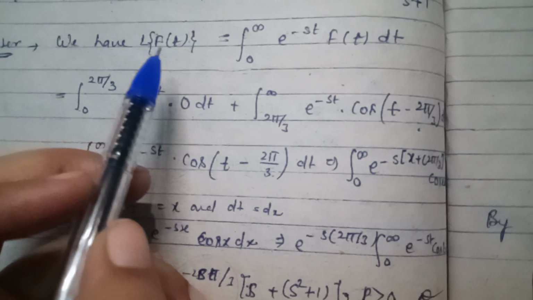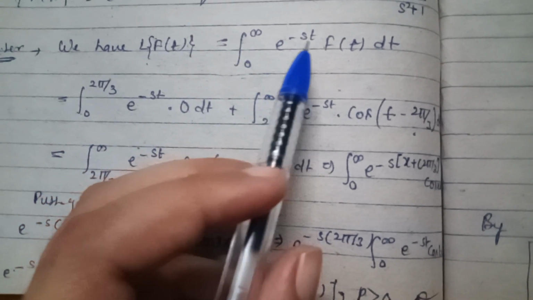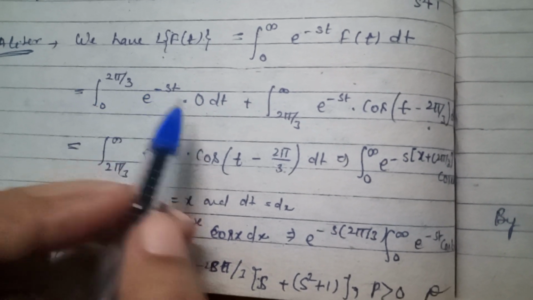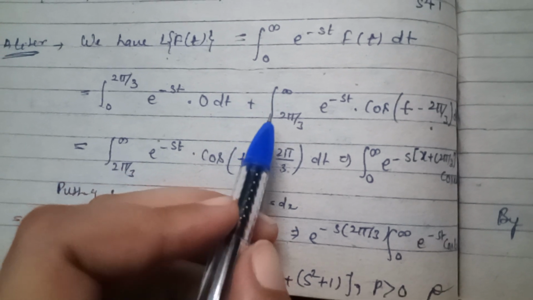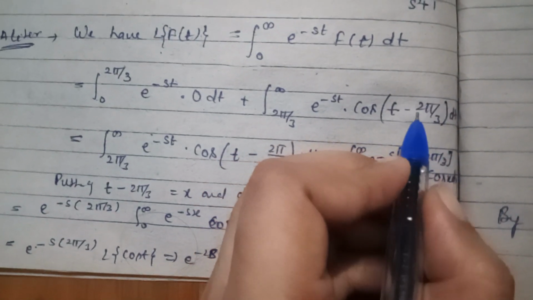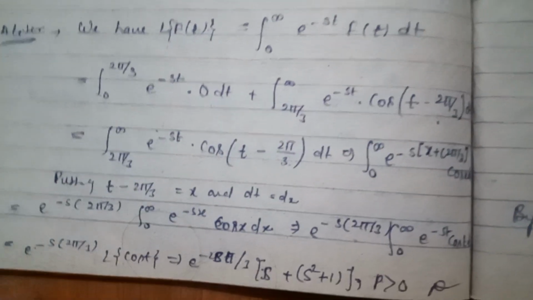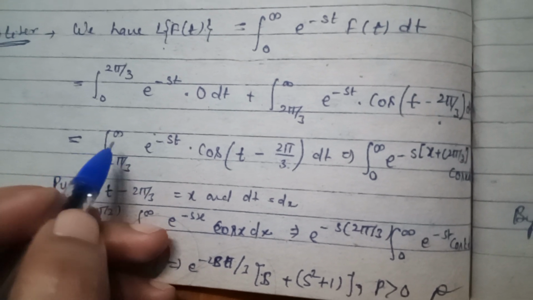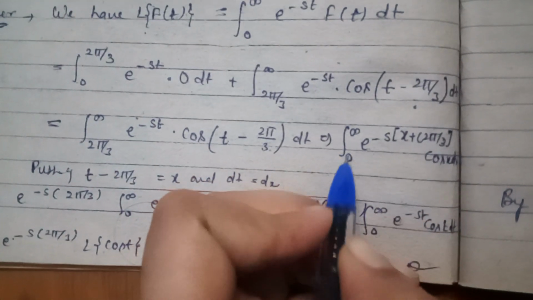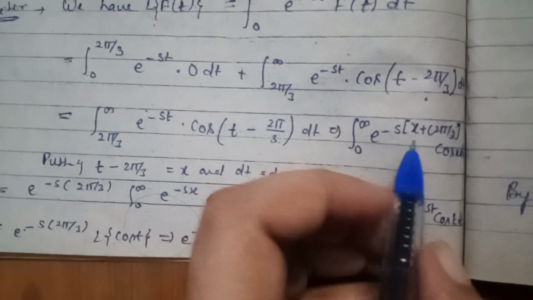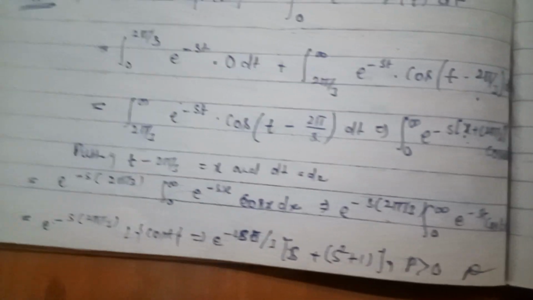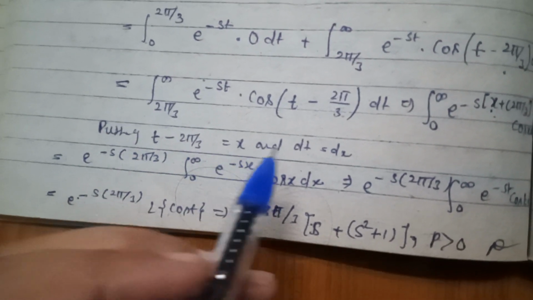We have Laplace f(t) is equal to integral 0 to infinity e to the power minus st f(t) dt. So integration 0 to 2 pi by 3 e to the power minus st into 0 dt plus integration 2 pi by 3 to infinity e to the power minus st cos(t minus 2 pi by 3) dt, which is equal to integration 0 to infinity e to the power minus s(x plus 2 pi by 3) cos x dx. Putting t minus 2 pi by 3 is equal to x and dt is equal to dx,